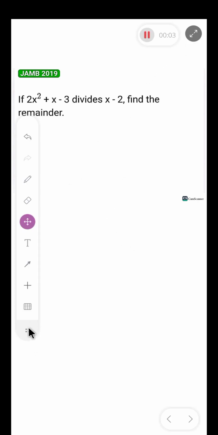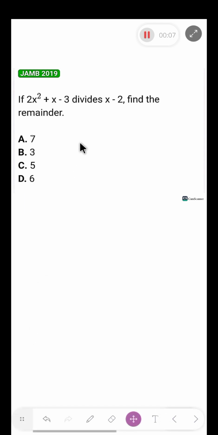So guys, here we go again. Considering this question here, this is a very good example that's actually based on division of polynomials. So here in this case, we are asked to divide this expression here. One thing about long division of polynomial is that the first thing you have to take